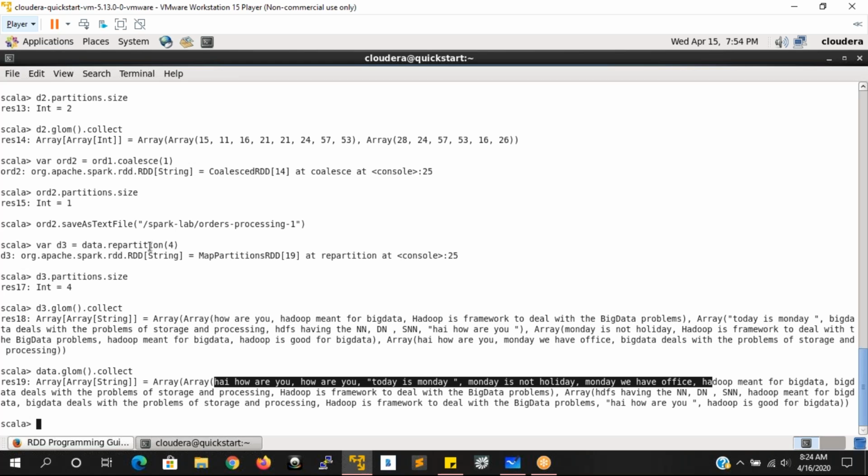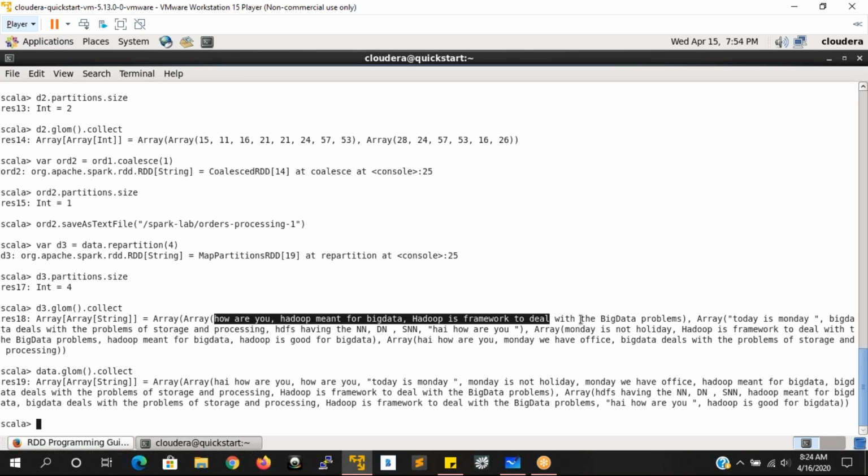But when I say repartition 4, what is happening here? It is reshuffling the data. When it is reshuffling the data, do you see the same data if you compare here and here? Do you have the same data here in the first partition? No, right? So it is taking some other data here, and in the second partition, it is having some other data.